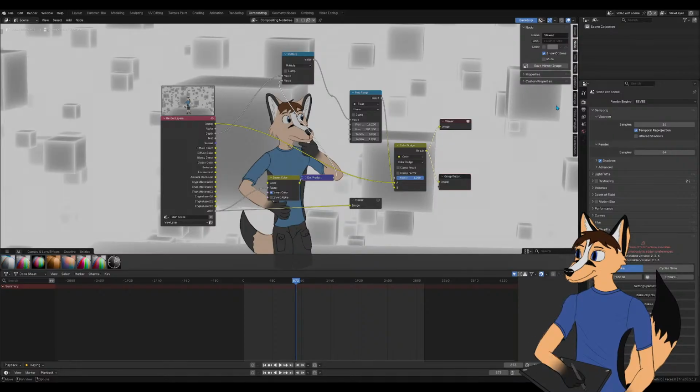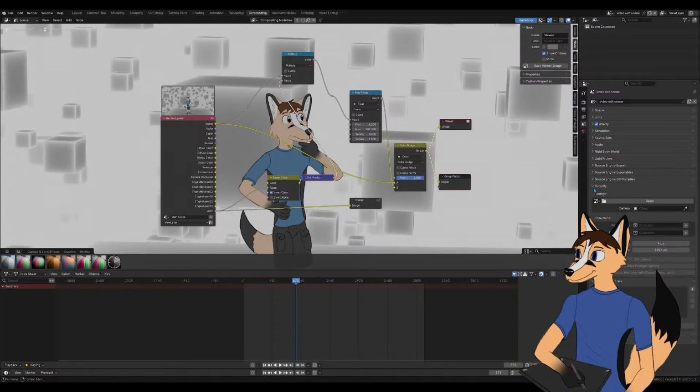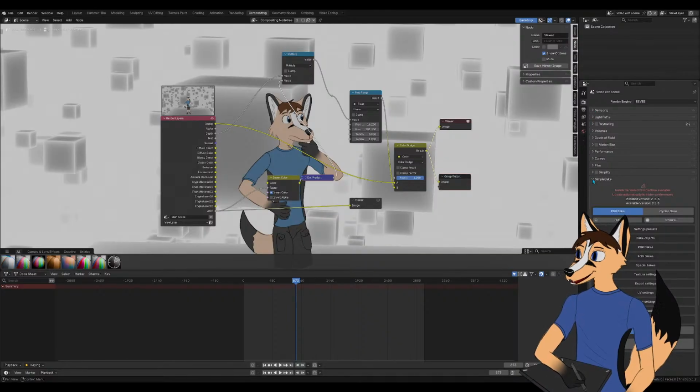Oh, hold on. I know there's a way to set the specific compositing node tree per scene or something. And that's probably part of it, is that I'm using the wrong compositing. So, working space.